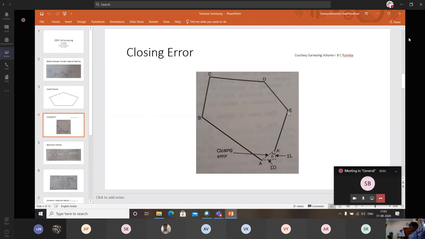Can you find out what is the true value of a quantity? The question is very difficult. 64 tapes or 64 persons are there, and you are finding out what is the length of a particular table. Or if 2 points are there, A and B, you have been given a tape. You are measuring it. 64 such observations are there. What is the true value of the quantity between A and B?